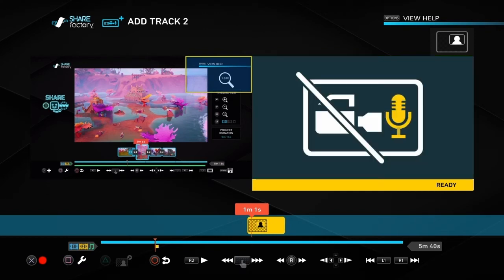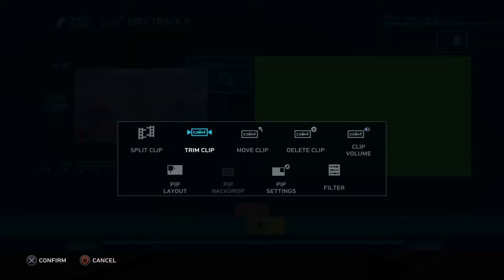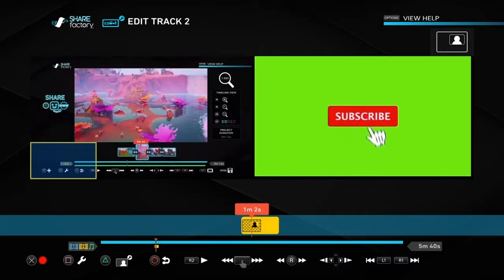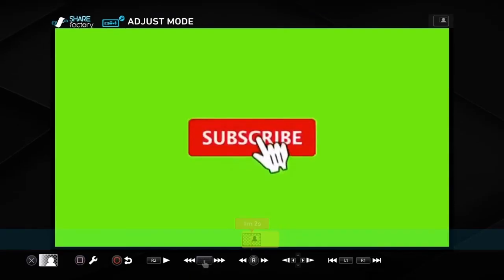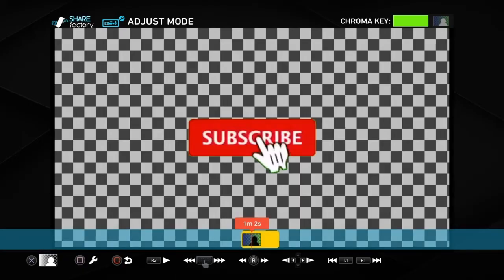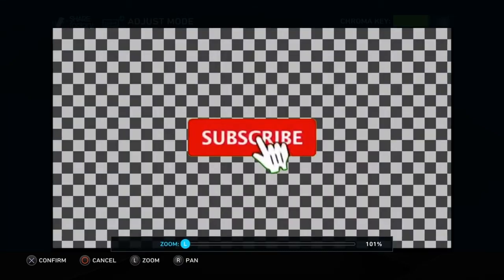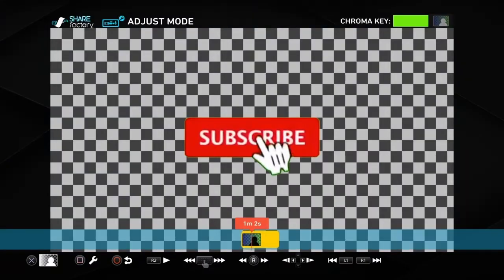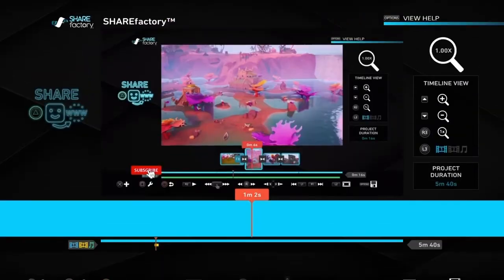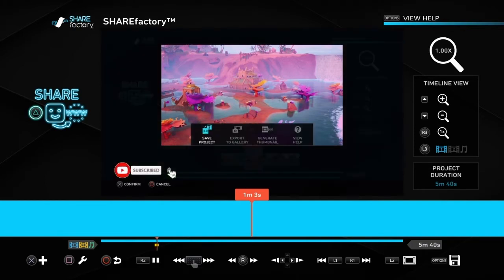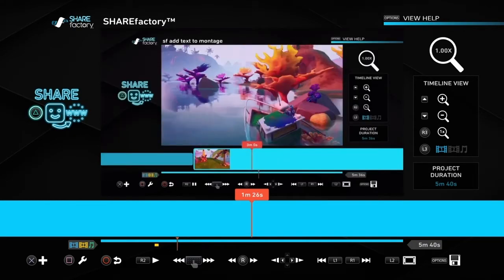So I've chosen the green screen animation, and then I've gone into pip layout, and I'm going to choose where I want it to go. And then once I'm happy with that, I can push the square button, and then I can just push the cross button and go to green screen. Okay, and then I want to go to pan and zoom, because mine was always set to have a border. I don't want the border showing. And then once we've done that, then we can go to it, and you'll see that it pops up in the left hand corner of the screen, and it does show, there you go,